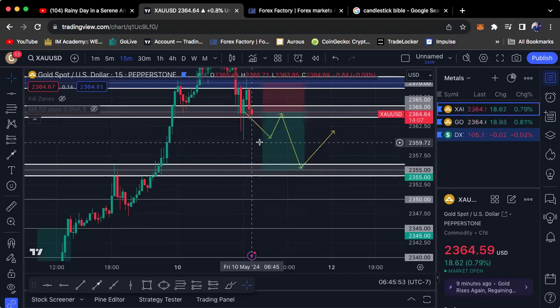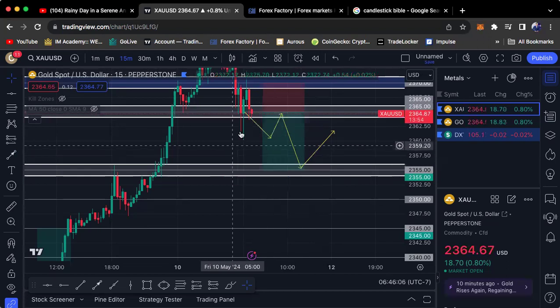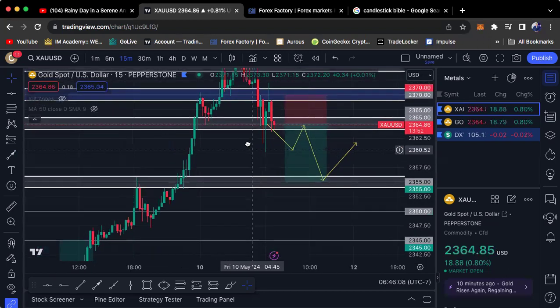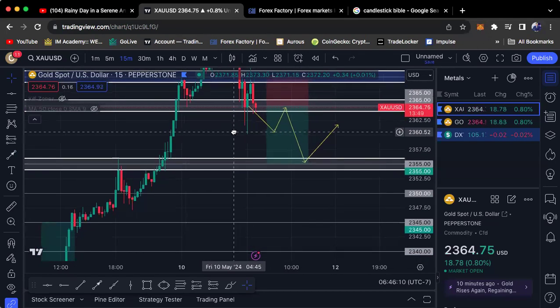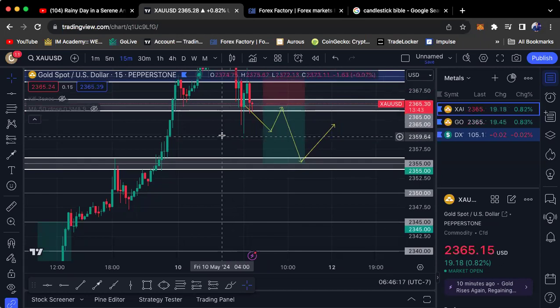I do not do that. Just because I have all these zones marked up doesn't necessarily mean they are entry zones, or that you gotta take the trade right away as soon as it touches. Wait for the confirmation candles. That's why it's so important to study the confirmation candles, because it's giving you more data. It's supporting your analysis. Okay,